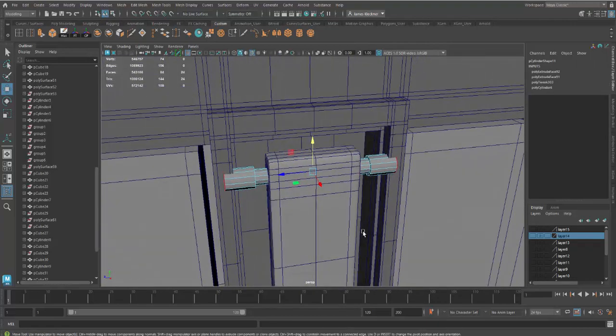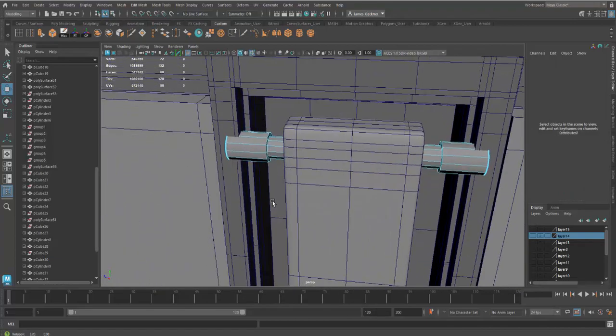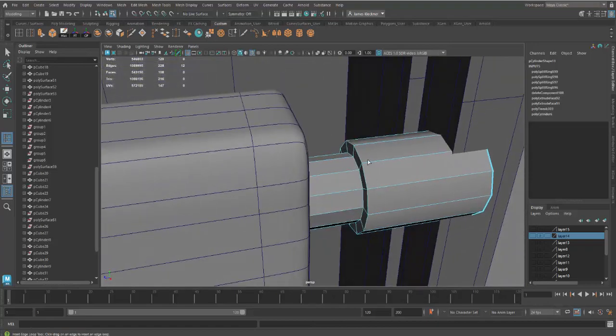Pretty cool. Now I can just hit the delete key, backspace key, and now I'm going to use my insert edge loop tool just to add a few edges on these. So I'm going to zoom in and add an edge loop right here, and one here, and one here on this side, and basically just repeat the same thing on this side. So one here,